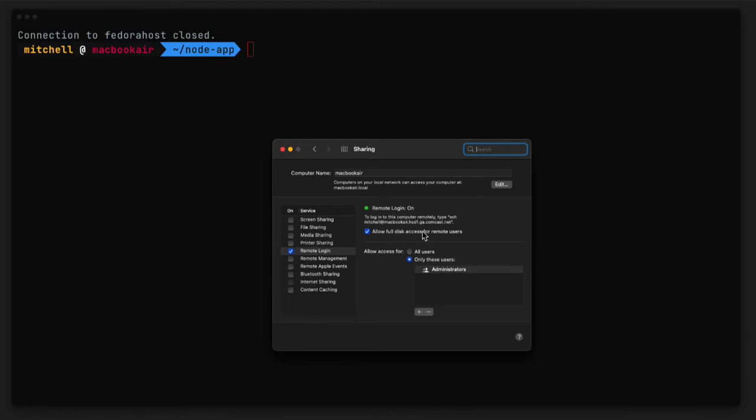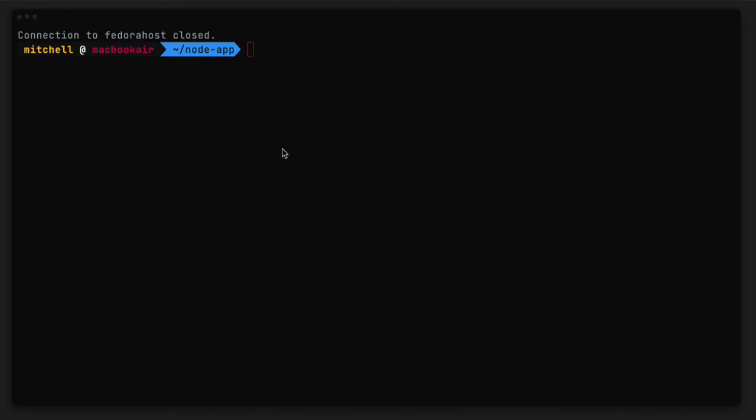So this is obviously a security issue. So make sure you set up, if you want a specific username for debugging, you can set it up here and set up the right permissions. But you need to be able to log into your Mac using SSH. And so you set it up in a way that makes sense for your security situation. Once you've done that,